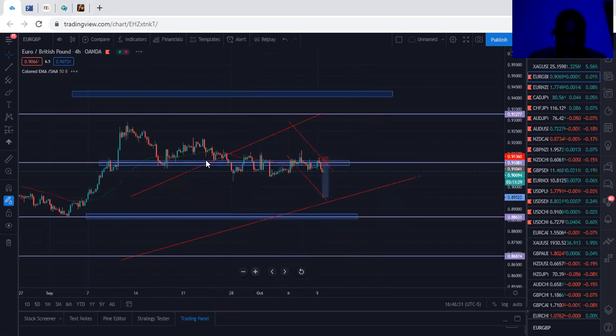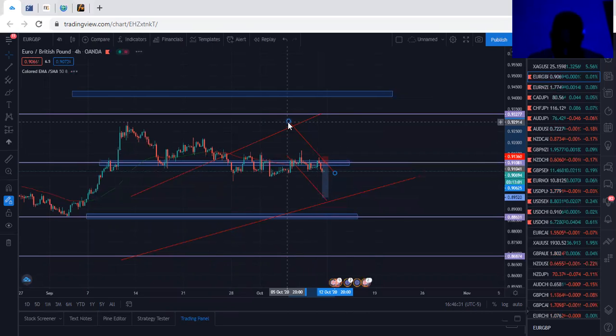I think the network is messing with my charts right now. My chart is not supposed to be looking like this. The network is messing with my charts. I'm going to go to the other pairs. I think this one loads up. Let me check. Let's see. Okay, yeah, the chart is back.